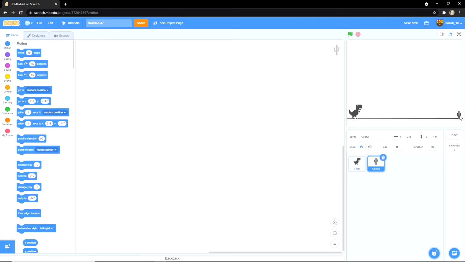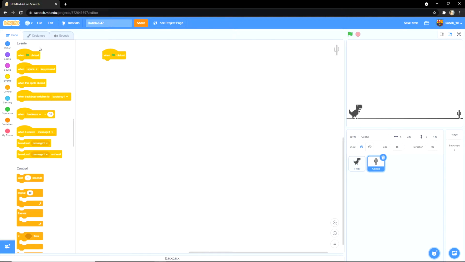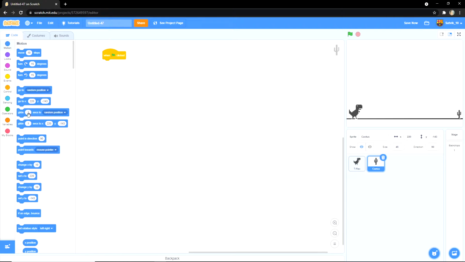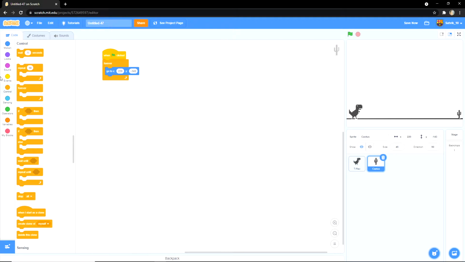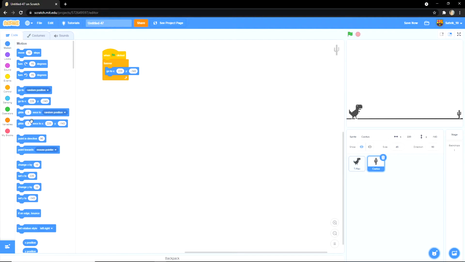We go over to the cactus and we're gonna do one green flag clicked, go to motion and grab a go to. So right over there. And you're gonna put this in a forever loop, and I will be explaining why in just a second. Now what you're gonna do is go over to the T-Rex, which is right over here,